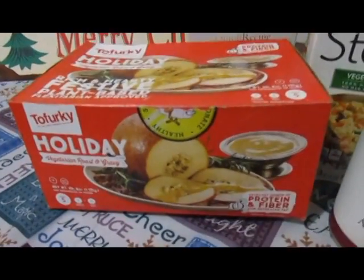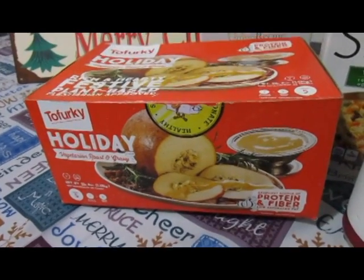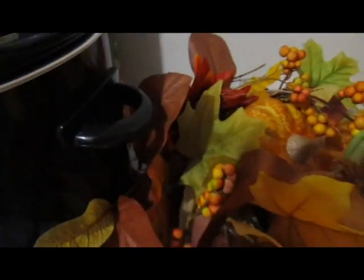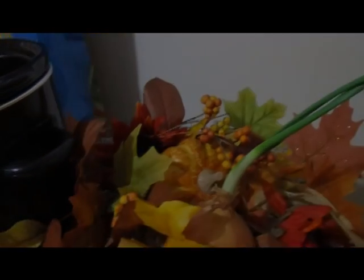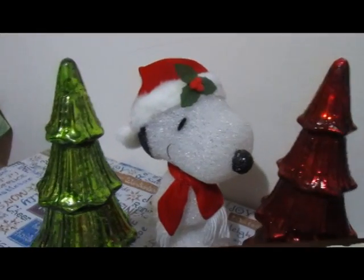Since my husband is a vegetarian going vegan. That's me. Yep, that's my husband. This is what he eats at Thanksgiving. That's why I have this here. And did you notice the real live onion in there? See the onion? And of course right now the next holiday coming up is going to be